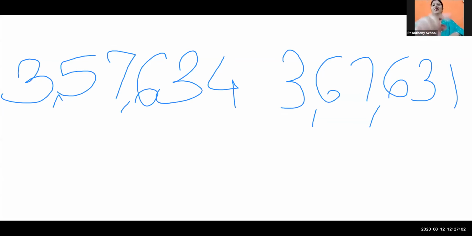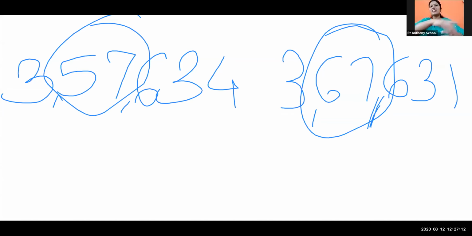So here 3 lakhs common, correct? Here 57,000 is there and here 67,000 is there. So 57 is bigger or 67 is bigger? Obviously 67 is bigger. So this sign will come. Stop typing. This sign will come. Correct? ये sign आएगा. Understood? Now I am happy that you people are understanding what teacher is exactly want to tell you. Thank you very much.